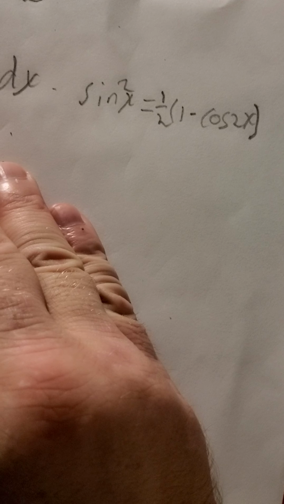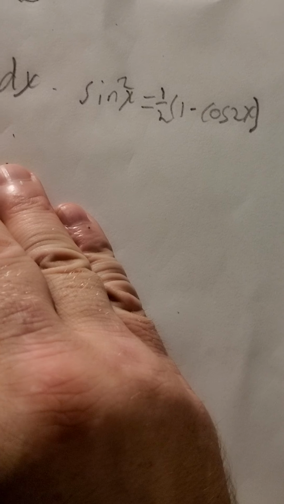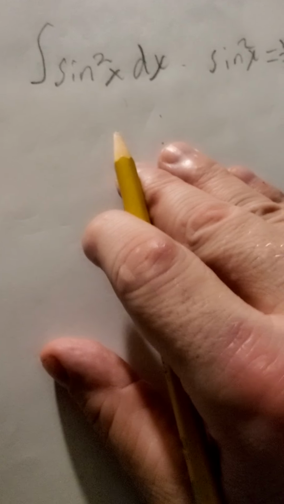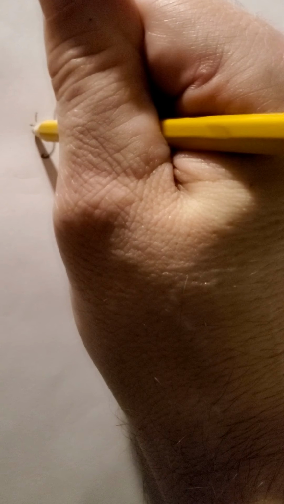Straightforward integration. And then I'm going to use the reduction formula and see if I get a match. If I get a match, then that means it works. Okay, so now I will integrate this, 1/2 times 1 minus cosine 2x